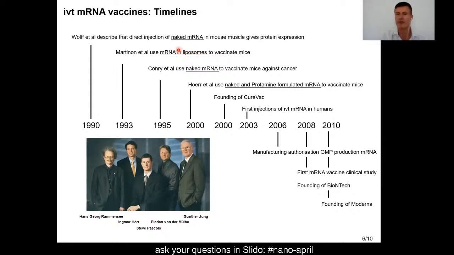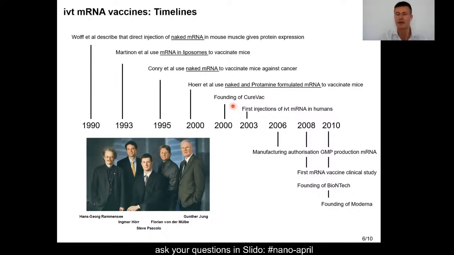This was the first disclosure of mRNA vaccine, and it was mRNA in liposome, very similar to the COVID vaccines that have been approved. Later on, some more teams have shown that naked mRNA or other forms of packaging can be used to vaccinate mice. And my colleague Ingmar Hoerr, who did his work under the guidance of Professor Ramondse and Professor Gunther Jung, published in 2000 this article, and we created CureVac